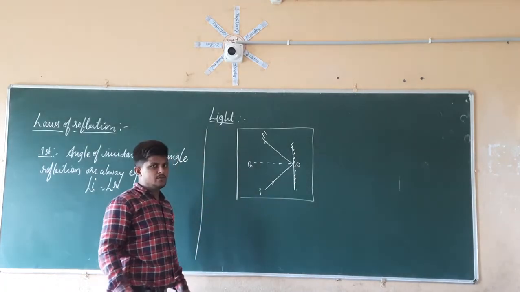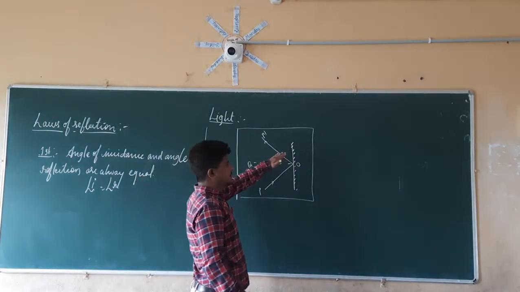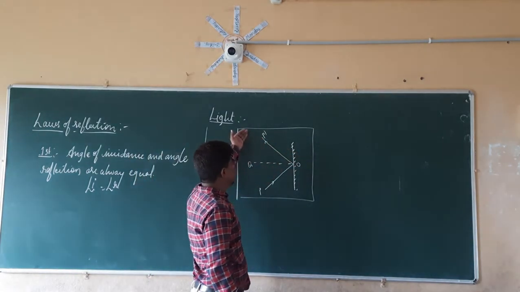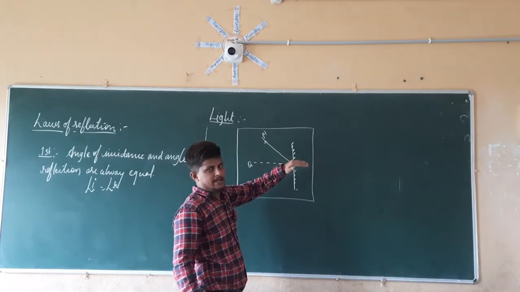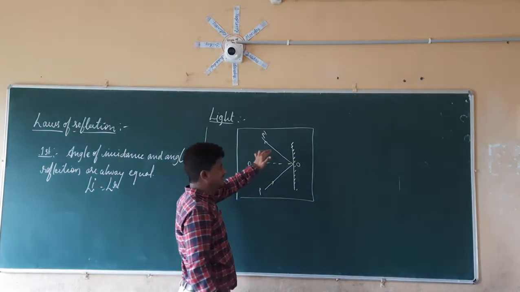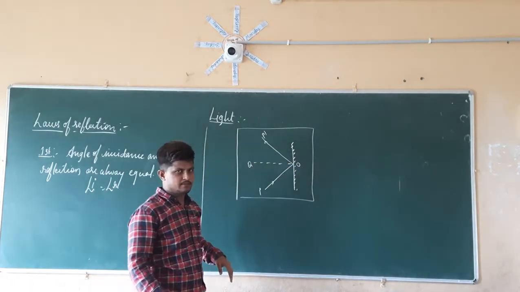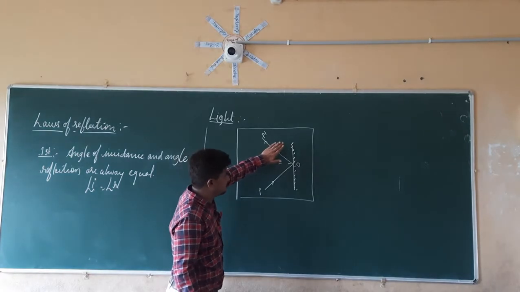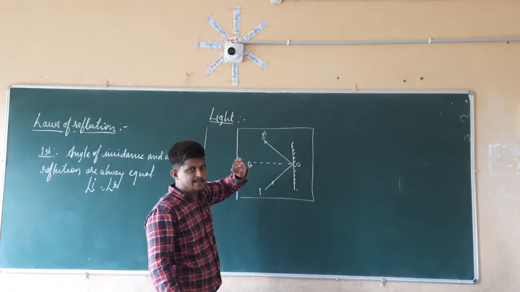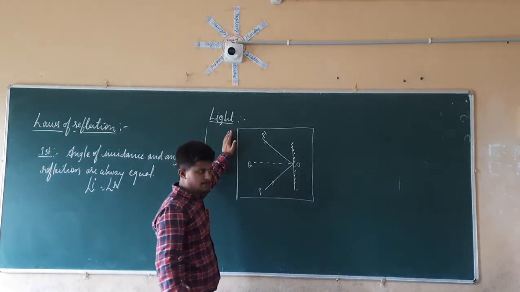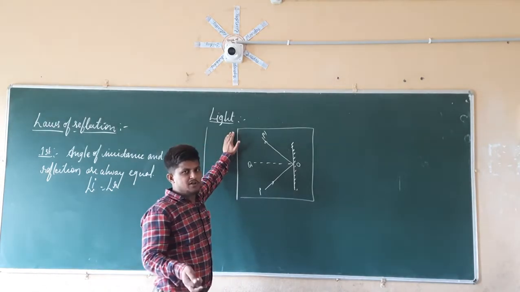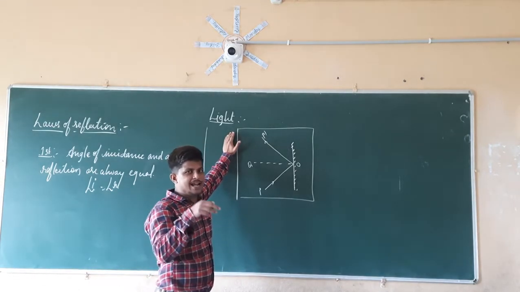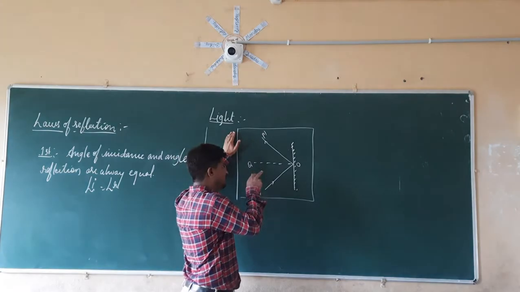Next, we are going to fold the paper, and see if it is possible to get the reflected ray on the folded paper. When you fold it up to this point, that reflected ray is again going to project on that folded paper. It is possible that we see that reflected light ray on the folded paper.